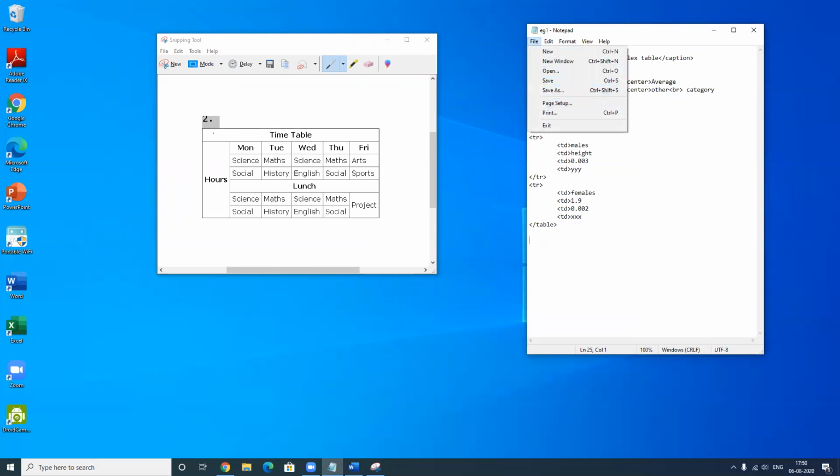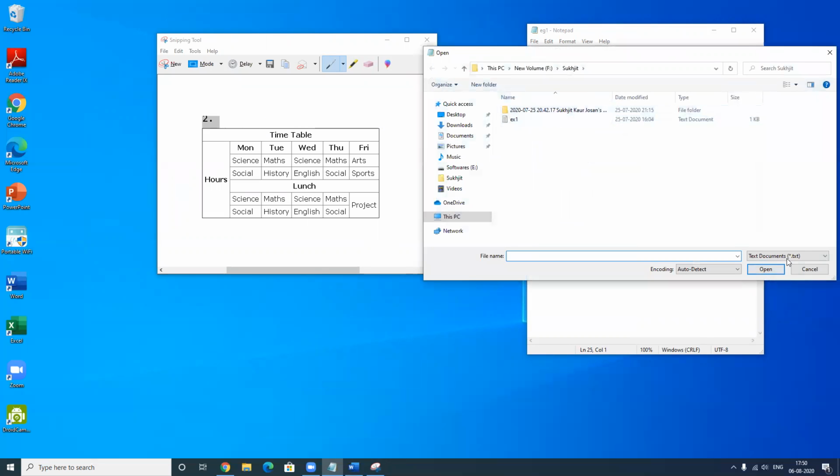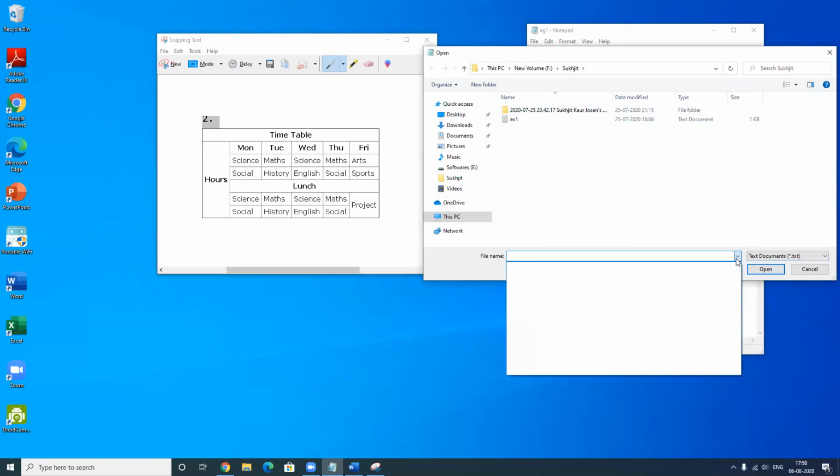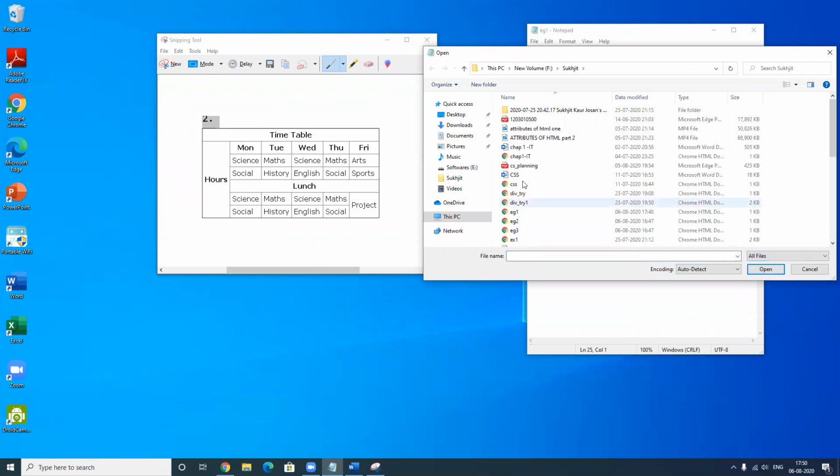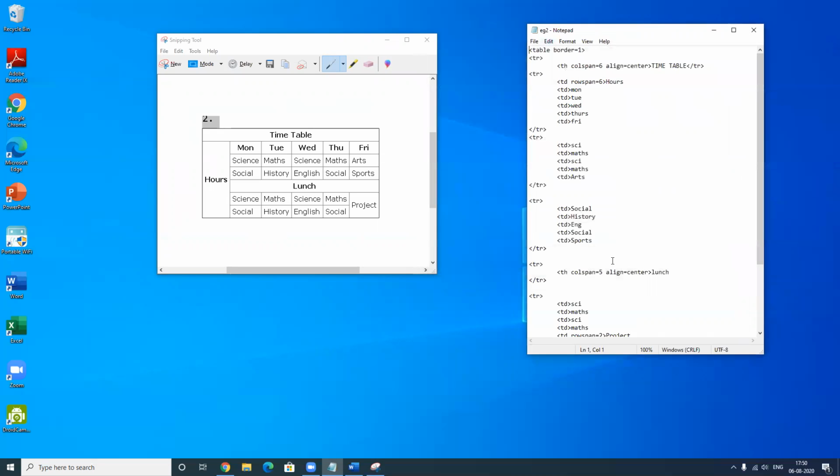Second question, can you see, children? This is the timetable that we have written. Just read the question a little, and you will see what all is required. This is the coding for the second question. Now in my first row, what is my first row consisting of? There is no caption here, so I have not written any caption. Table border is equal to 1 and straight away TR starts.